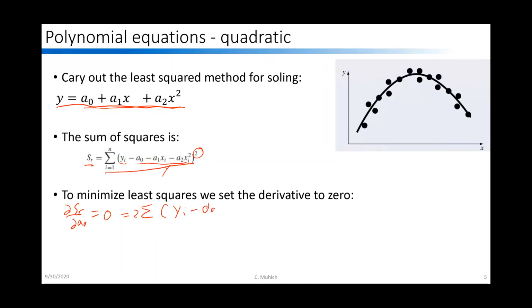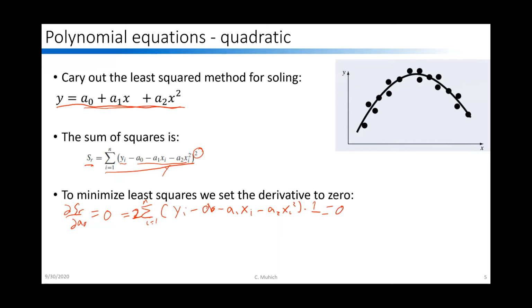So yi minus a0 minus a1 xi minus a2 xi squared times the derivative of the inside. The derivative of the inside of SR with respect to a0 is 1. So we end up with this equation that says 2 times the sum over all of our i's of yi minus a0 minus a1 xi minus a2 xi squared times 1